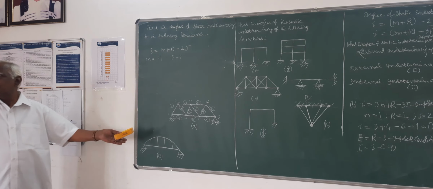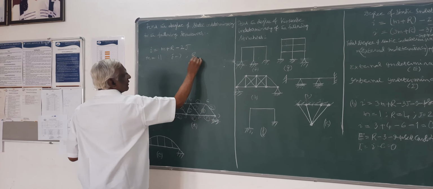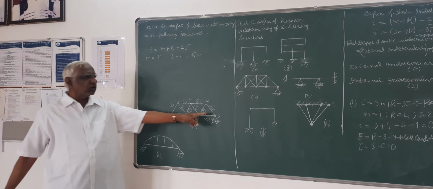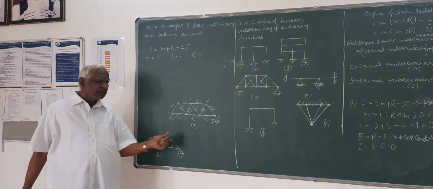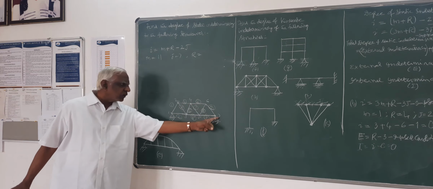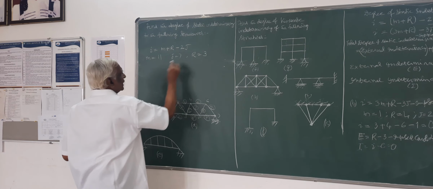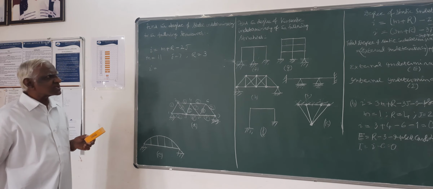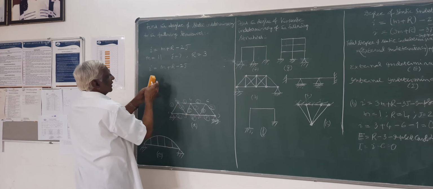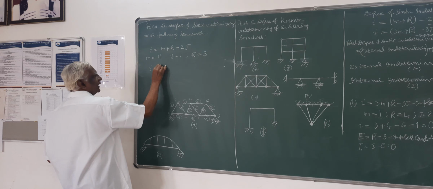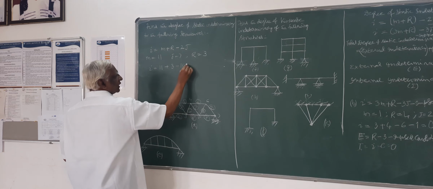11 members. Then you have 7 joints, then the number of support reactions. So you have supports for this structure, only 2 supports, one is a hinge support and a roller support. Hinge support you have 2 reactions, roller support you have only 1 reaction. So it is 2 plus 1, 3. Therefore, degree of static indeterminacy is m plus r minus 2j, that I have already written. So m is 11, r is 3, minus 2j, 2 into 7, it is 14,